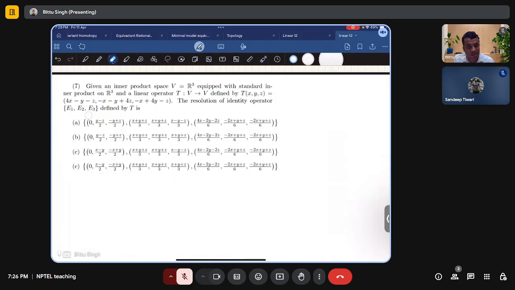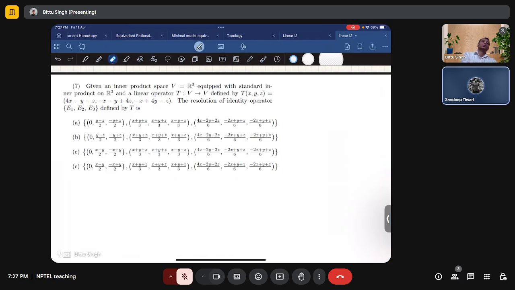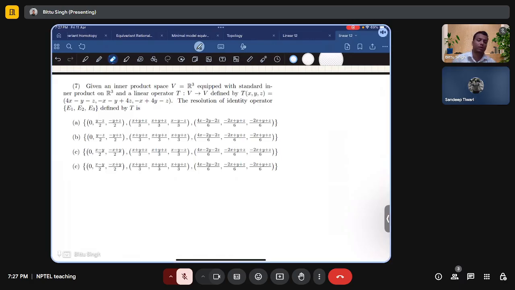It can be less than 3, because there can be fewer eigenvalues. It will depend on eigenvalues. So there can be fewer of them, because it may happen that only E1 and E2 are there. So let us find E1, E2, E3 in this case. We need to find E1, E2, E3 such that I can be written as E1 plus E2 plus E3. So as we have seen,